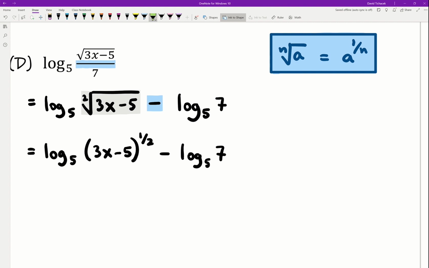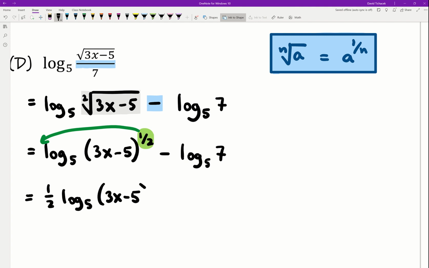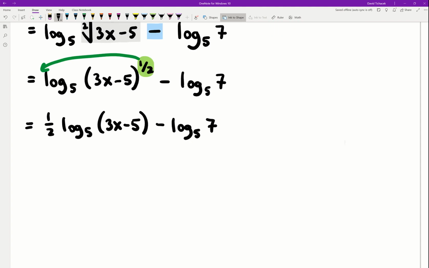Okay, and the reason that that helps is because now we are allowed to go ahead and take this exponent and apply our exponent rules for logs and write that out front. So that's going to be 1/2 times the log base 5 of 3x minus 5 minus the log base 5 of 7. Okay, and now if you look at that and ask yourself if you can continue, if you can keep going,